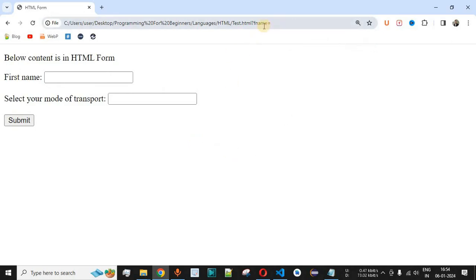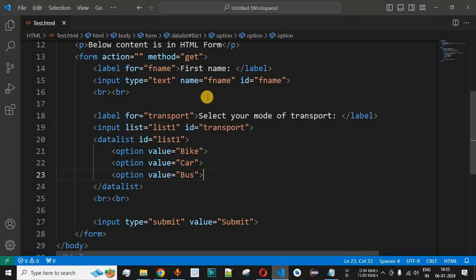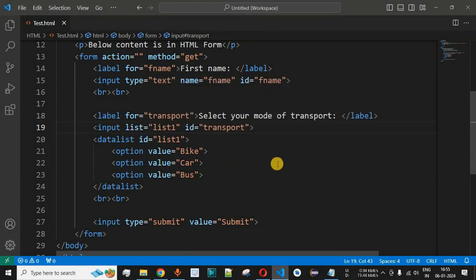But guys, in this case we are only able to see f name over here. That's because for the input field we have not provided the name attribute, and it is very important that whenever you are passing any of the values from the HTML form, you should have the name attribute as well. So in this case we will provide the name attribute with the value that is same as ID in this case. So let me just provide the